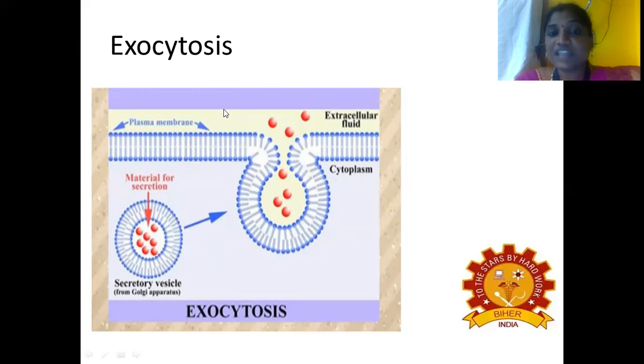In this video lecture, we have seen the differences between active and passive transport. Active transport needs energy, whereas passive transport does not require any energy. We have seen the types of passive transport: diffusion, facilitated diffusion, filtration, and osmosis. And active transport, primary active transport and secondary active transport. Then we have seen different examples of active transport: the sodium potassium pump, exocytosis, and the endocytosis process, in detail with explanation. Thank you.